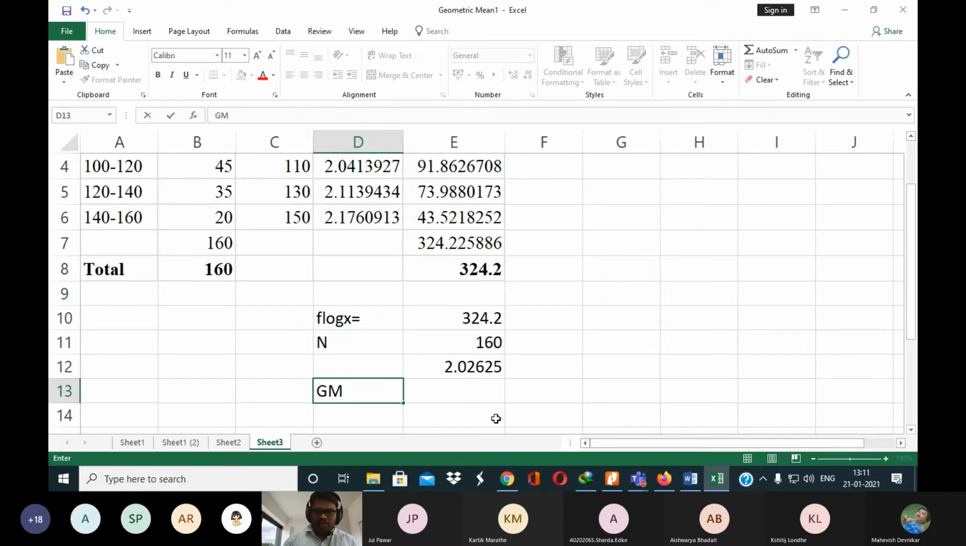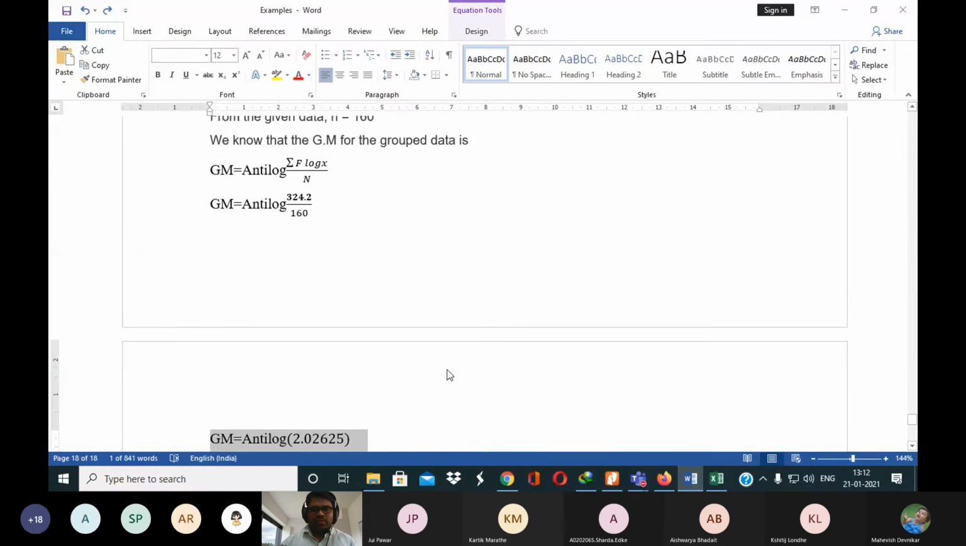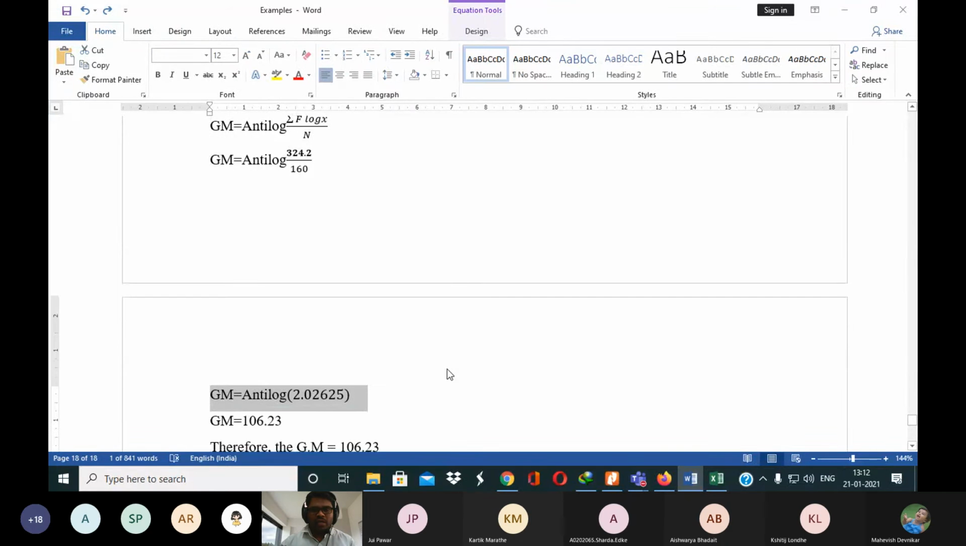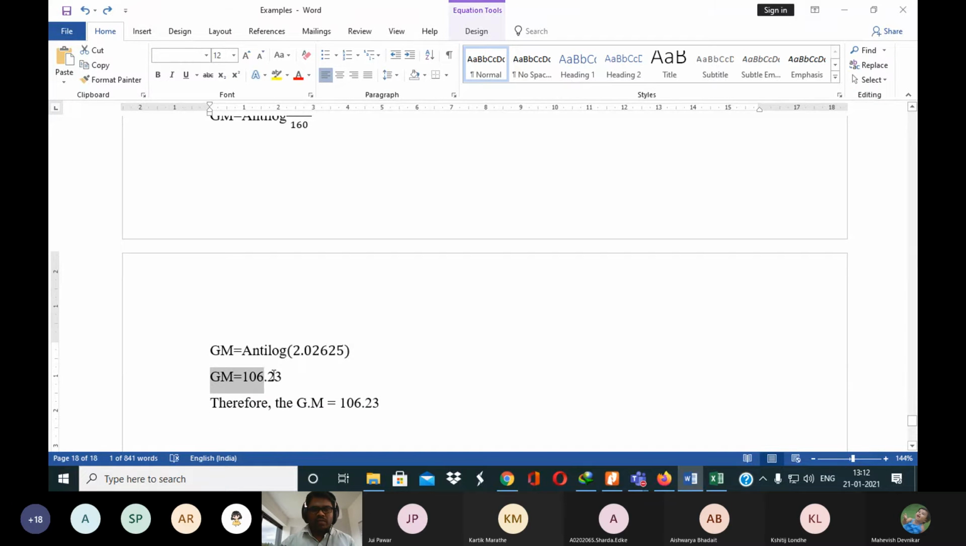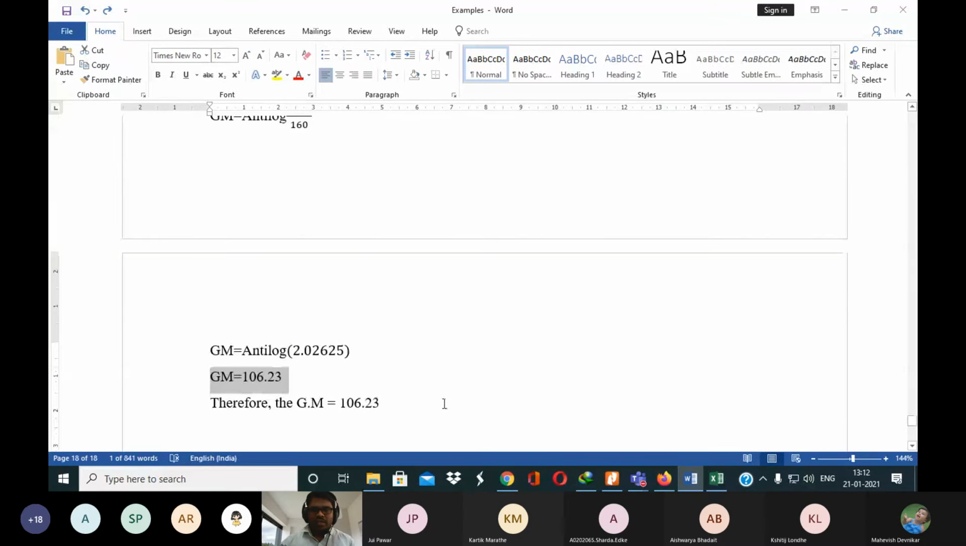So geometric mean is equal to 10 raised to this, the reciprocal. Okay, so it is the correct answer, 106.23. You can cross verify with the model answer. Yes, it is the correct one. So is it clear to all of you how we can calculate the geometric mean for discrete series,